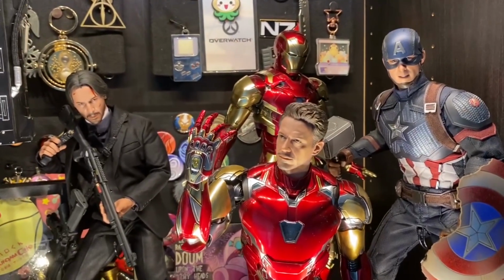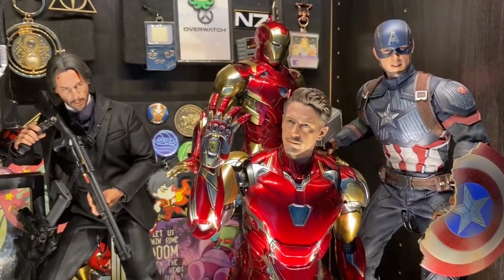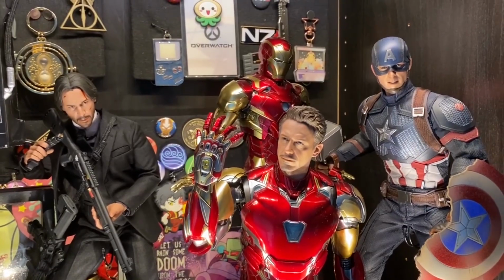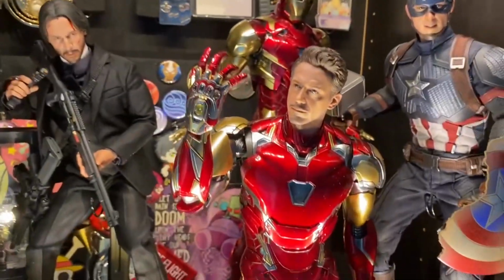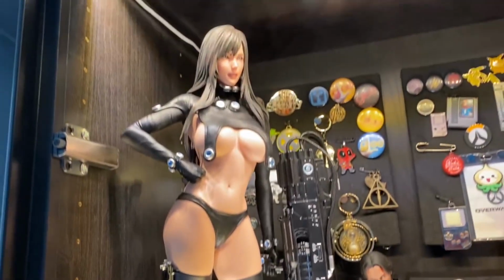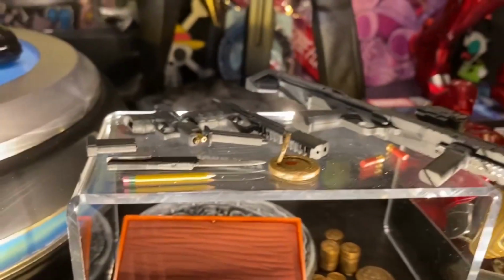This is a whole assortment of things. The Tonys used to have their own case, but once I got more stuff, I had nowhere to fit them. They're kind of the same height as John Wick, but this gigantic Amazonian woman just towers over them, I guess. What I like about the John Wick stuff is it has a tiny little pencil and stuff. I might have lost